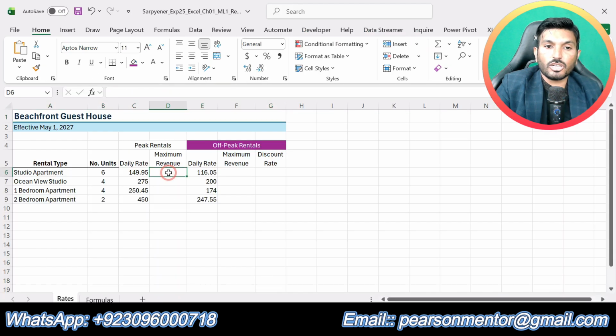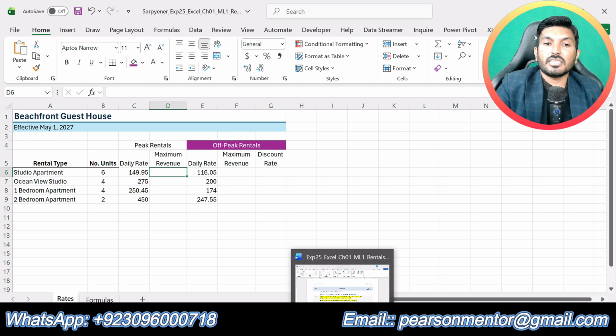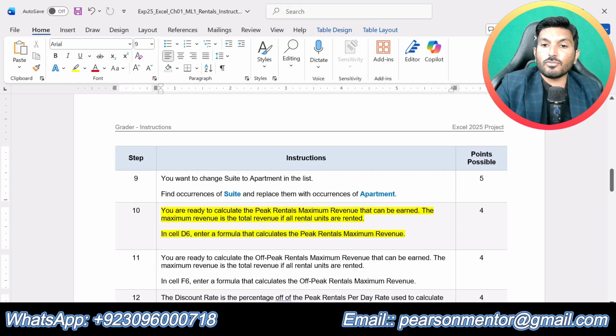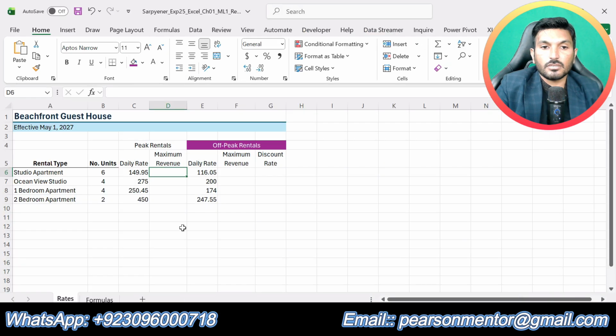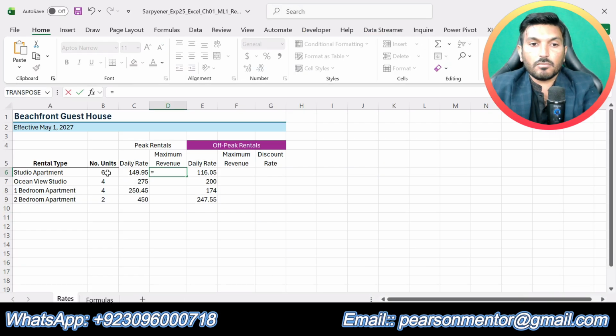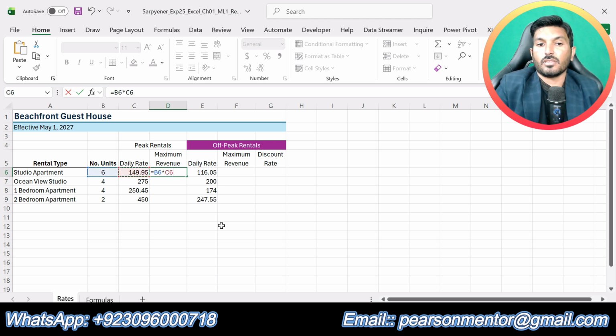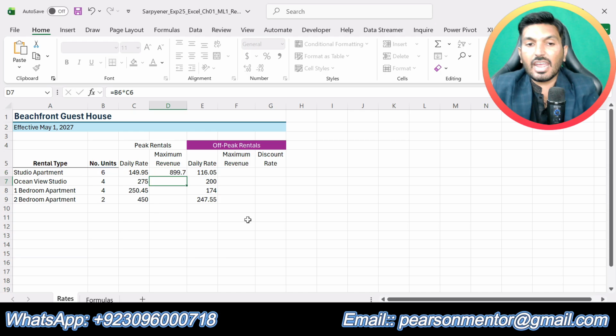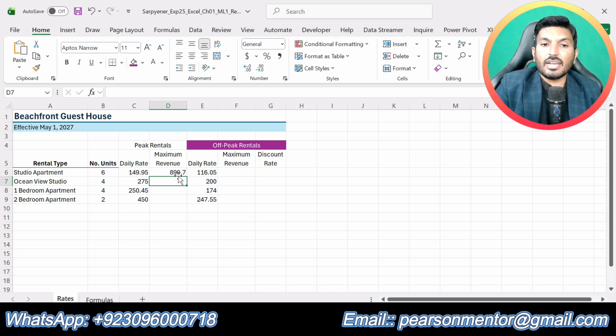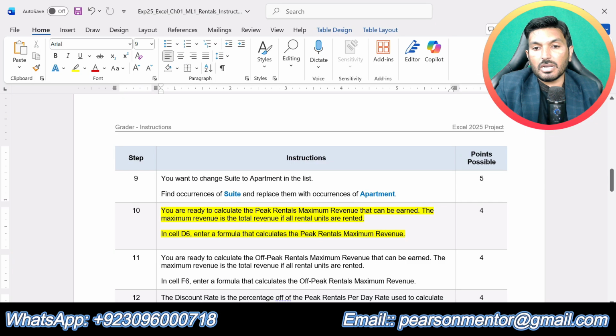In D6, we are supposed to calculate the peak rental maximum revenue that we can calculate by multiplying all the units multiplied by the daily rates. Okay, this is the daily rate in C6. We will multiply this with the number of units, and we will get the peak rental maximum revenue by multiplying this.